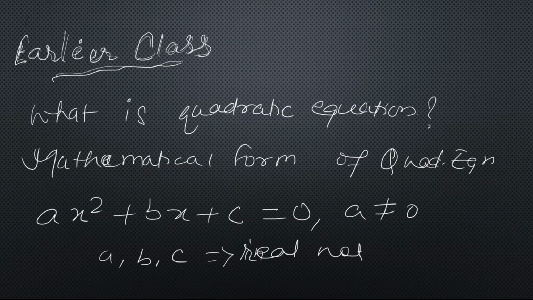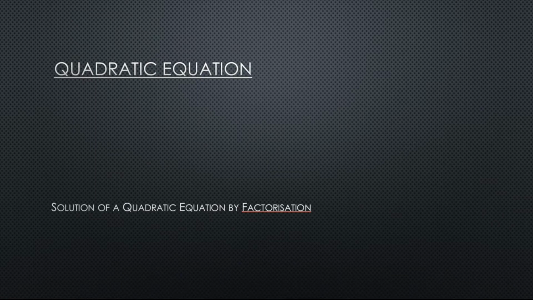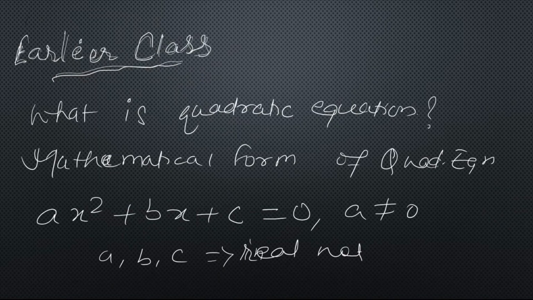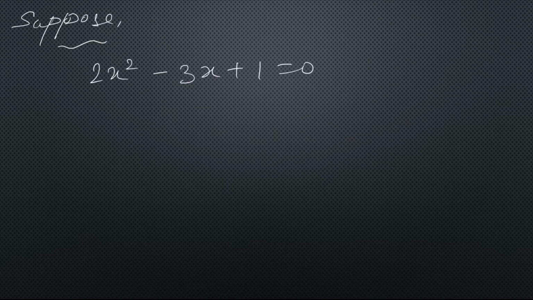Okay, how to find the solution of those quadratic equations by factorization method. Okay, so how do we find it? So suppose a quadratic equation 2x square minus 3x plus 1 is equal to 0. Okay, so